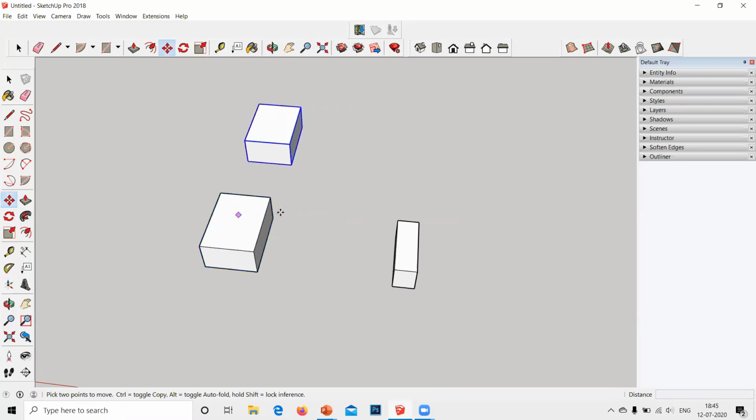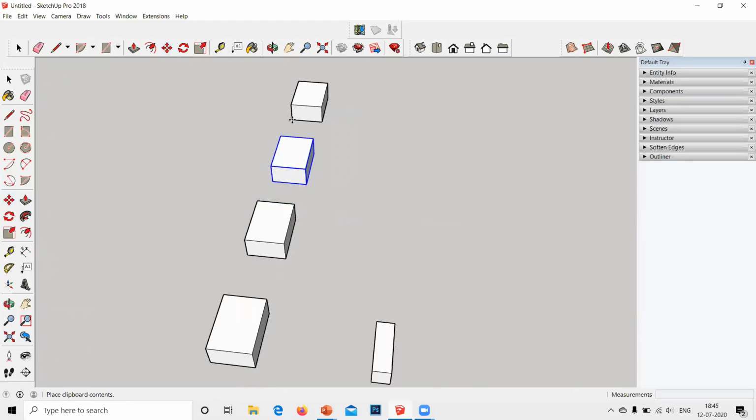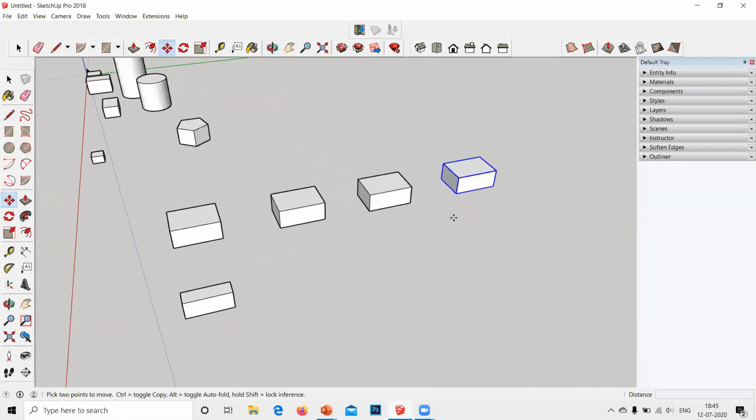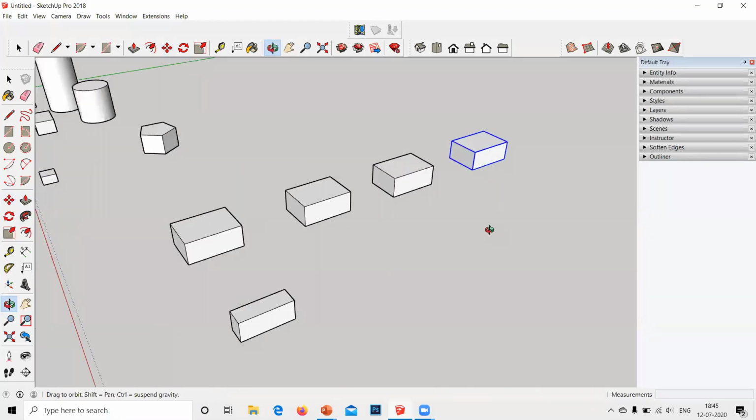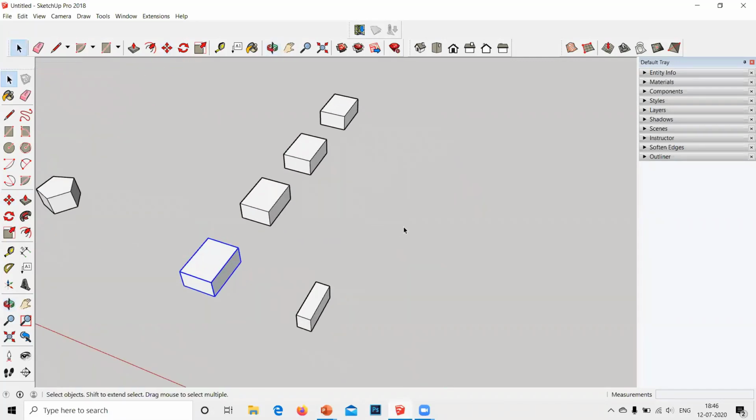Click anywhere. Again, press Control V. Click anywhere, Control V. So we are having 4 copies of our group, right? We just selected our first group. We did Control C and we Control V it 3 times.